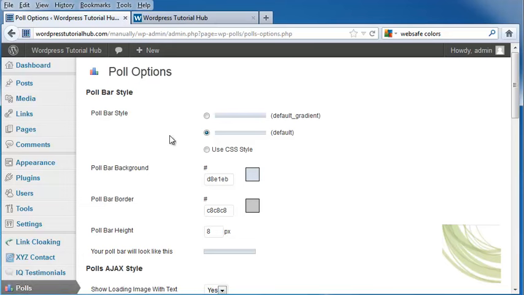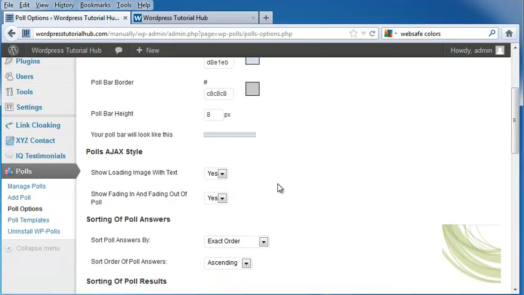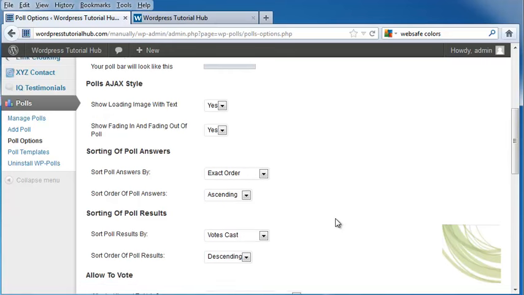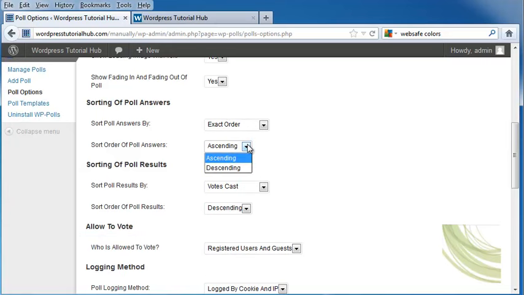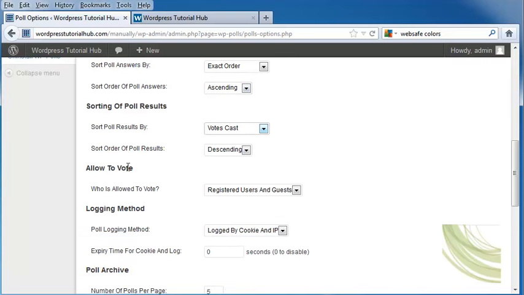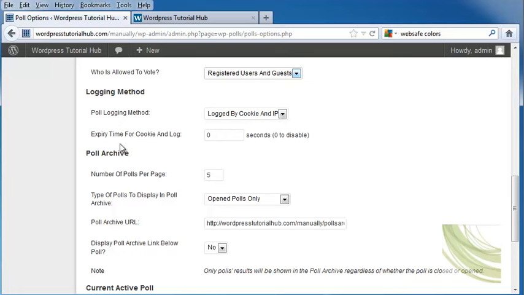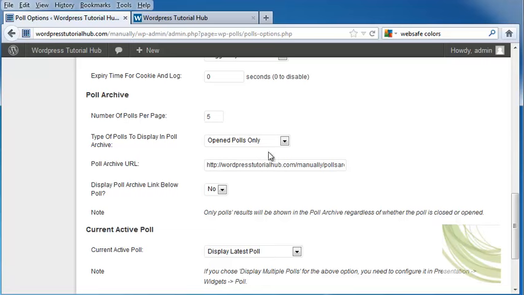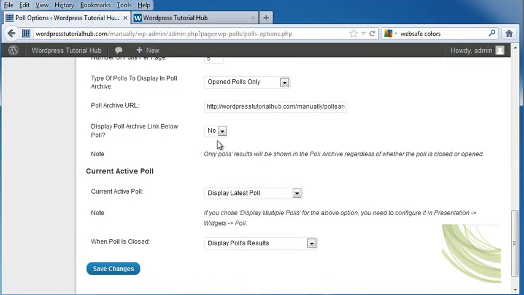And the poll options allow me to choose the colors that I want my poll to be, the Ajax style, how the answers are going to be sorted, and you can do that from ascending or descending, sorting the poll results, and how you want them to be allowed to vote, including registered guests, guests only, both, the logging method, and you can log this by cookie and IP, the expiry time for a cookie and log, the number of polls per page, open polls only, our poll archive URL, and it automatically built one for us,